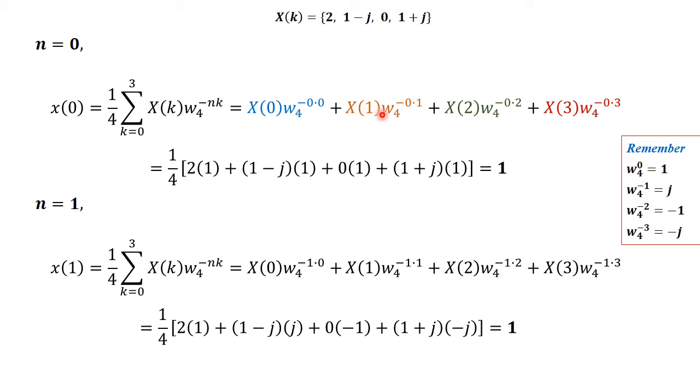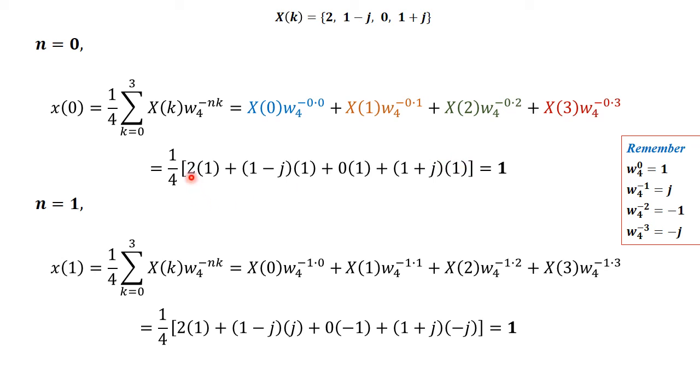So then x of 1 into omega 4 minus 0 into 1, x of 2 omega 4 minus 0 into 2, plus x of 3 omega 4 minus 0 into 3 we are going to have. So multiplying of these two values will always lead us to 0, that is 0 into 1, 0 into 2, 0 into 3 will always lead us to 0. And remember, there is nothing like omega 4 to the power of minus 0, either minus 0 or plus 0, the power value will remain equal to omega 4 power 0 only. Therefore, its value will become equal to 1. So that is being identified over here.